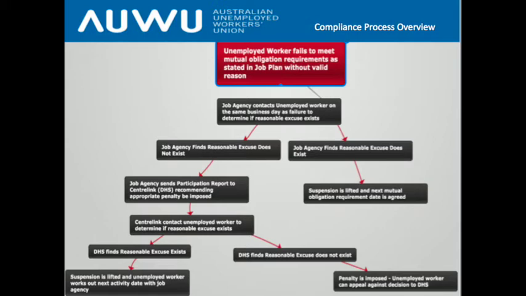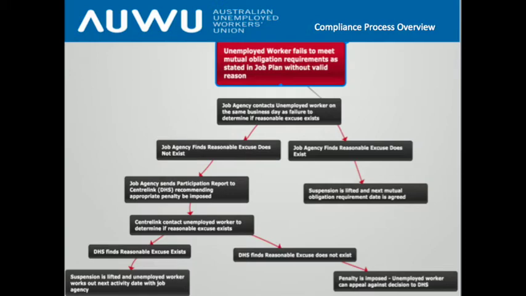So this whole system is designed to try to have checks and balances so that job agencies don't just start penalising people without making the appropriate attempts to contact people and see if they have a reasonable excuse. So then Centrelink, at this point, is required to contact the unemployed worker, and it's basically within 48 hours,